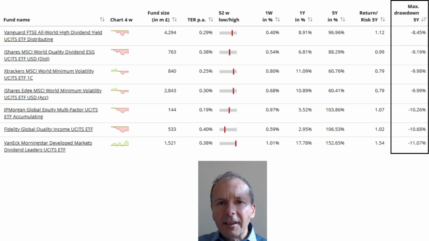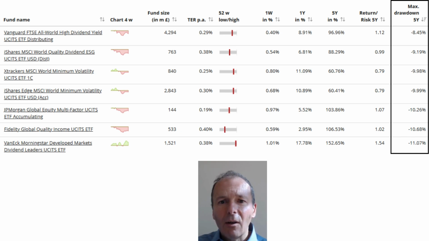Here we've filtered ETFs in terms of maximum drawdown over 5 years, which is the greatest decline you'll have seen from one high to the corresponding low. The VanEck Morningstar Developed Markets Dividend Leaders ETF is at the bottom of this table with 11%, which is still very respectable, and at the top of the table is the Vanguard All World High Dividend Yield ETF with minus 8.5%. So a lot of these ETFs are quite similar in terms of what they're doing. You've got a lot of dividends in there and a lot of minimum volatility, which is specifically targeting lower drawdowns in terms of the performance of the ETF, but often at the sacrifice of price growth,